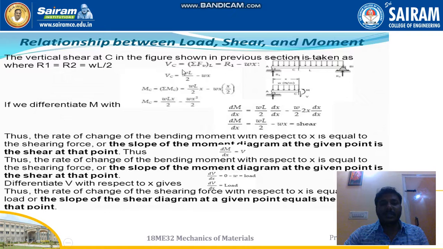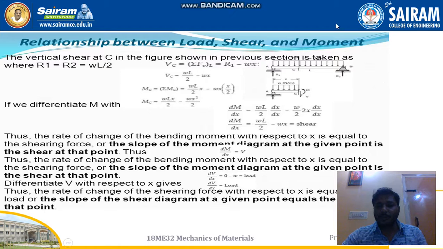The vertical shear at C is a vertical force acting on the beam, and W is the load. A and C are points on the beam where vertical and horizontal forces act. M is the moment and V is the vertical force. W is the load in Newton per mm, that is, the load per unit length, where we analyze one particular entire beam.